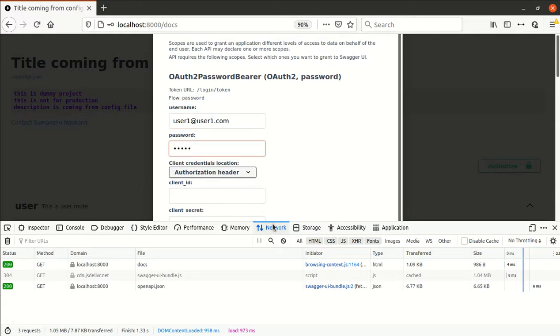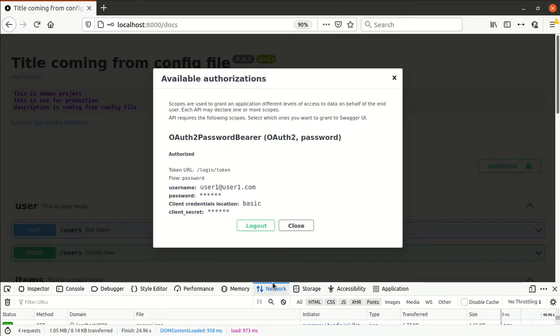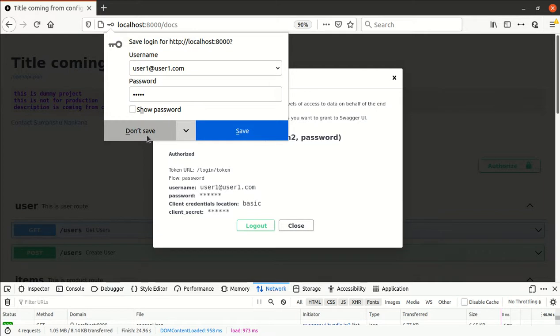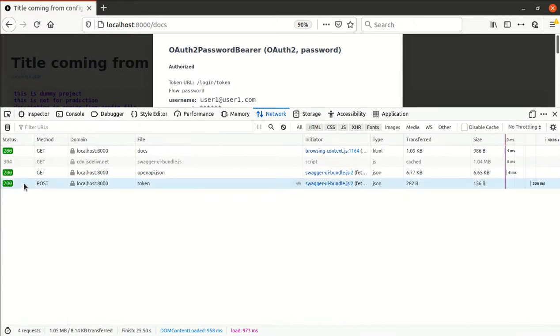So let me do the authentication. So I authenticated myself. At the back end a post request should be triggered, right? So we could see one post request is triggered.